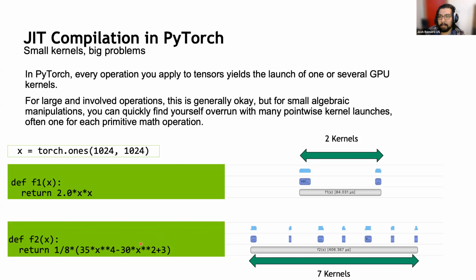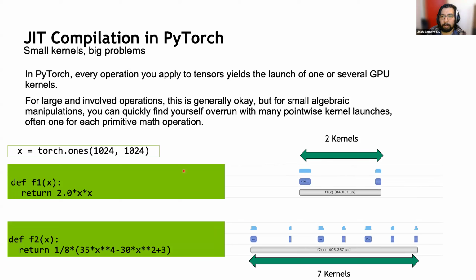this polynomial actually gets expanded out into a bunch of individual kernels, and especially if your tensor X is small, that's very expensive. In this case, 2 times X squared, there's probably an X times X product kernel, and then another product with 2 or something like that. For this one, there are kernels that multiply X by 35, and subtract and add and all this stuff. And so you can run into 2 issues. One is if X is really small, so in this case it's 1024 squared, you run into the issue of